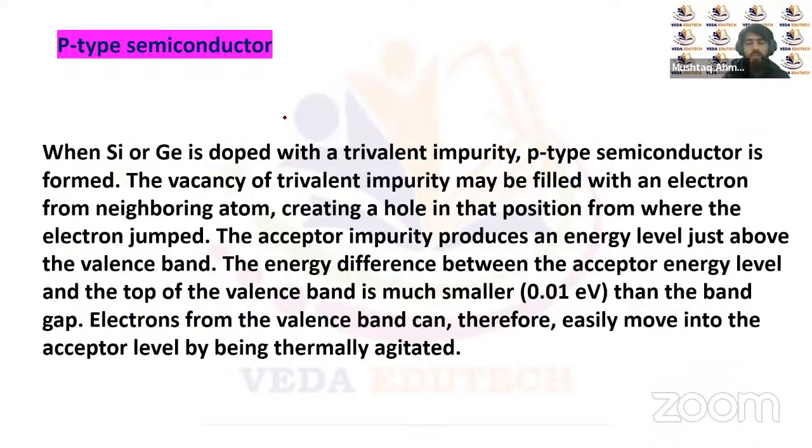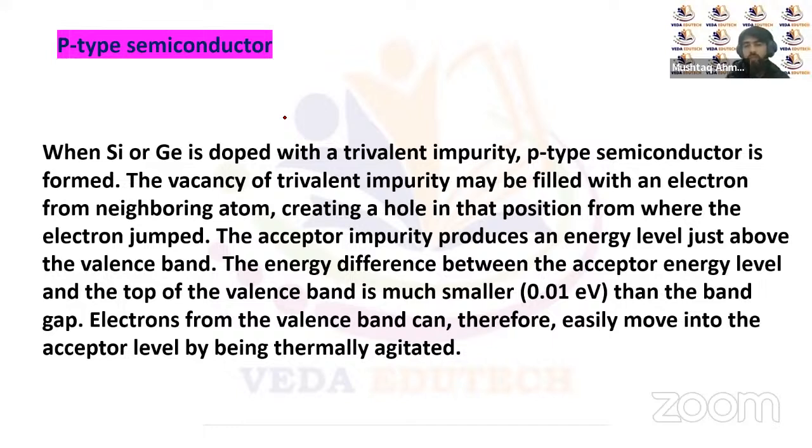And similarly for p-type semiconductors, the same semiconductors, silicon and germanium, are used. Now what we do is add trivalent impurities. In trivalent impurities, we have boron, aluminum, indium, and thallium, or we can say the group 13 elements of the modern periodic table, starting with boron. These elements are added to create the trivalent impurity in these intrinsic semiconductors of silicon and germanium